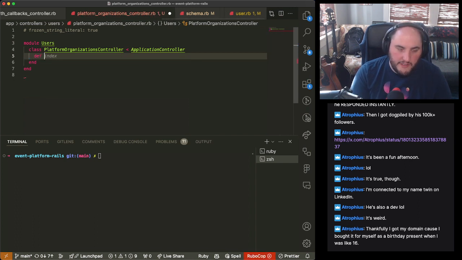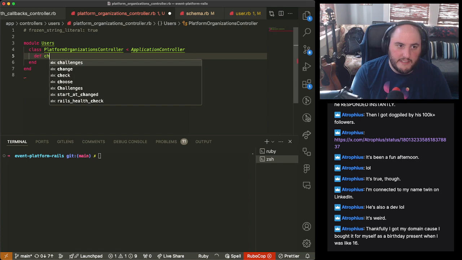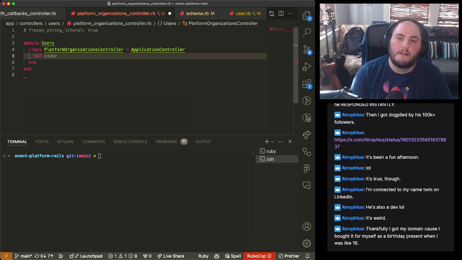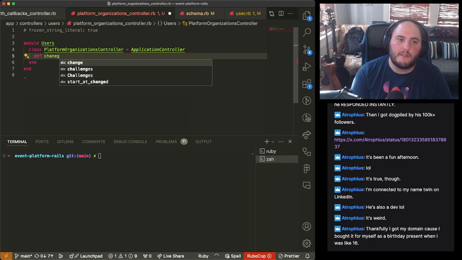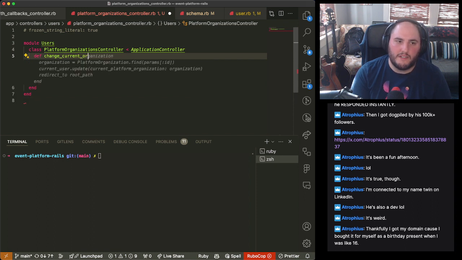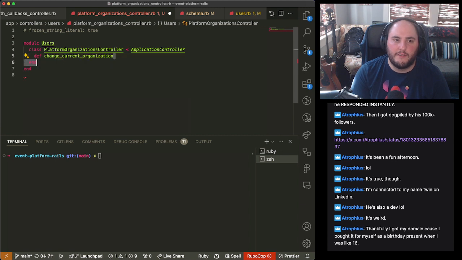What we're going to do is create a profile switcher, right? So this is going to be change current organization. And this is going to be okay.